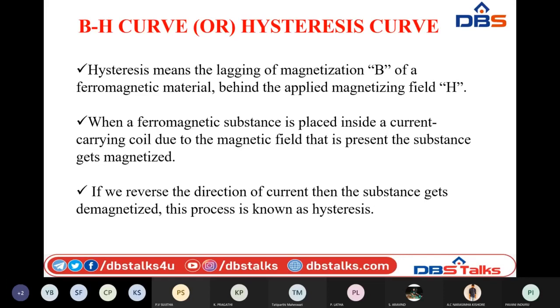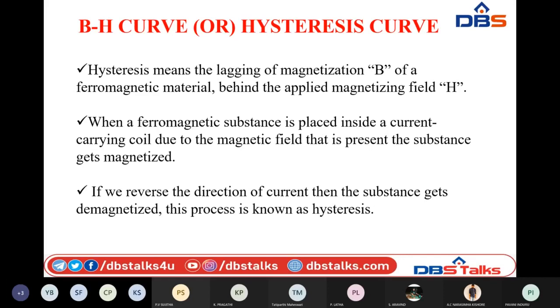We can magnetize any ferromagnetic material with the help of two processes. One is placing the ferromagnetic material in a magnetic field inside a current carrying coil. Another process is stroking those ferromagnetic materials with permanent magnets. With the process of stroking, we can convert the magnetic materials into magnets. With these two processes, we can convert ferromagnetic materials into magnets.